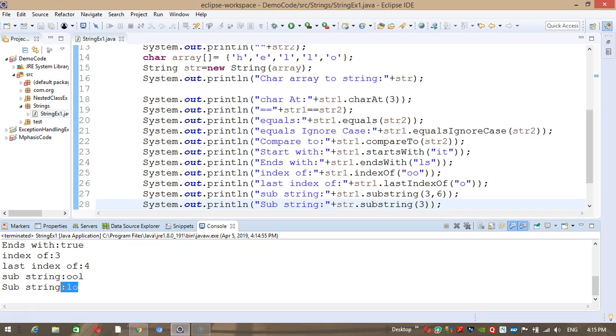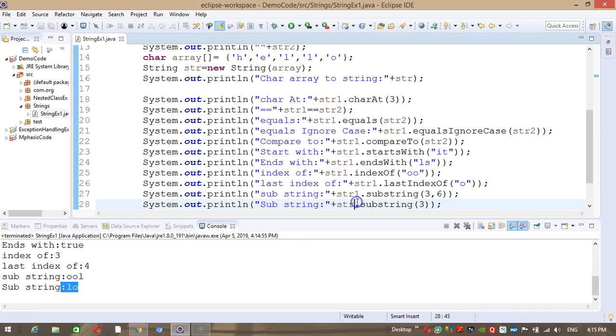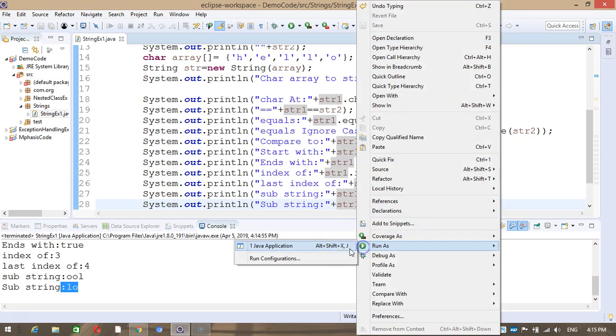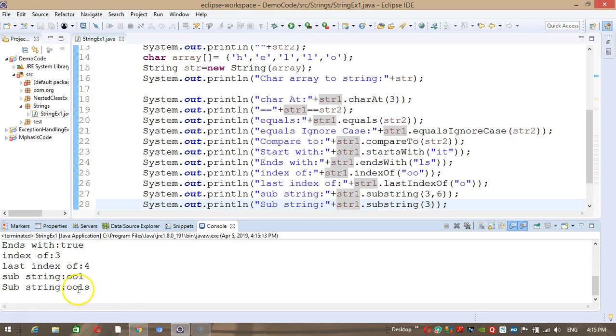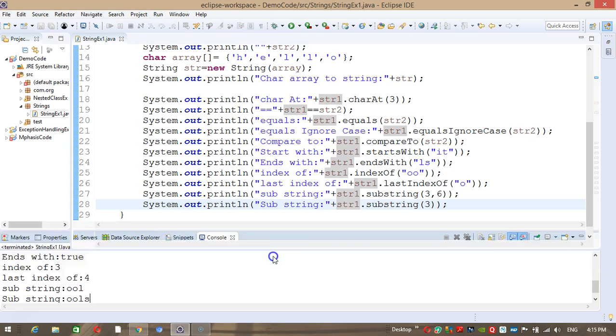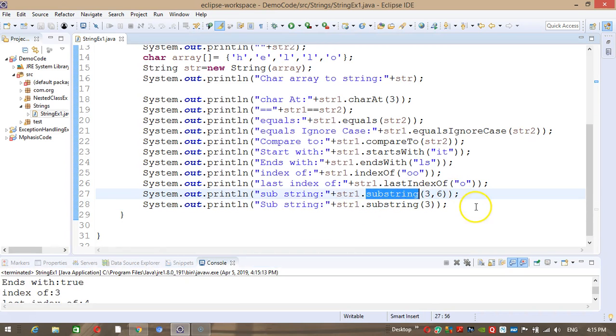Okay, hello, if you take str1, it should return the rest of the string. So in both ways we can use the substring method.